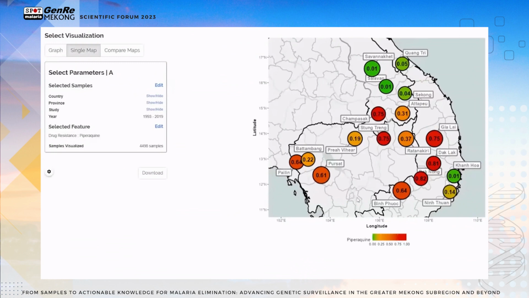All right. So here you can see there's very high resistance to piperaquine along the Cambodian border, on both sides of the border also. And as we move farther from the border, we can see that resistance declines. So in the northern zone of southern Laos, we can see there's a low resistance to piperaquine. And here we can also see the same pattern in Vietnam. So I'd also like to note that the selections made in the previous visualization also carry over automatically to single